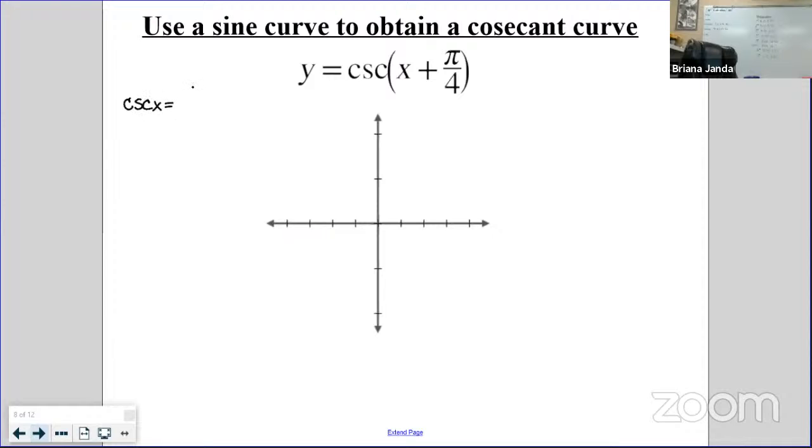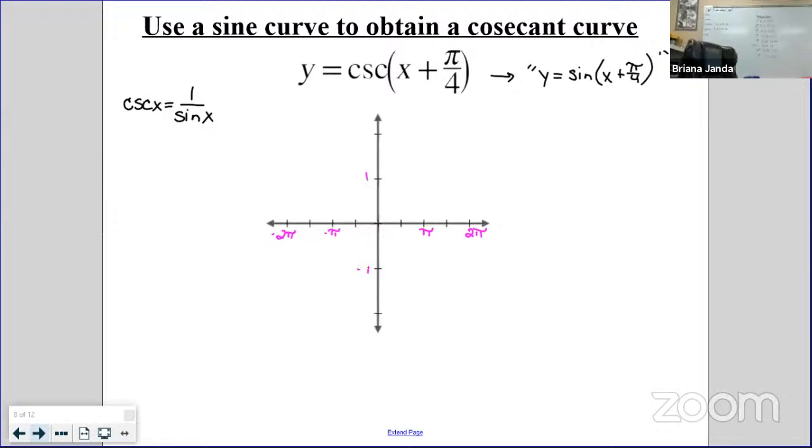Because cosecant's reciprocal is 1 over sine x, I will choose instead to look at this as sine of x plus pi over 4 and dot out that graph to guide me through my cosecant graph. Now, the only transformation on this one is in which direction? Left. Pi over 4. So my numbering is not going to change. Pi, negative pi,